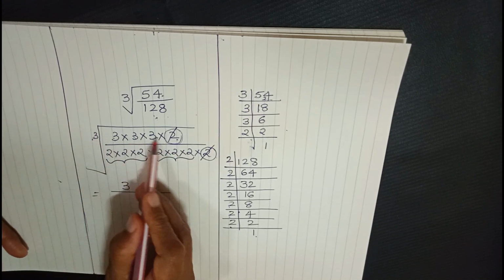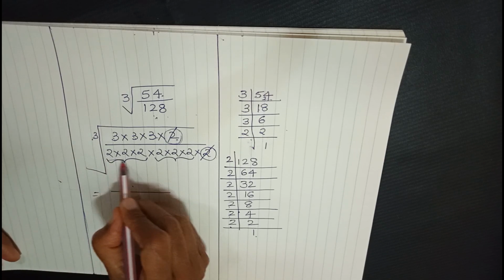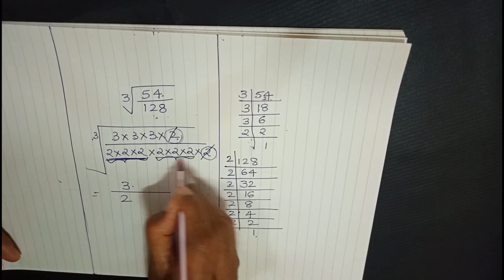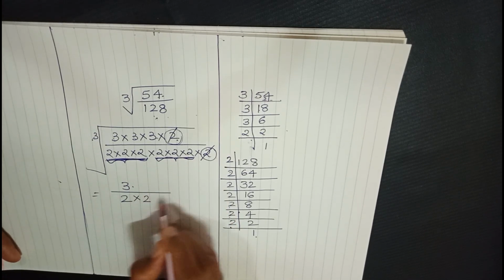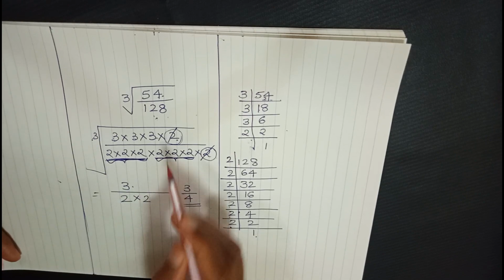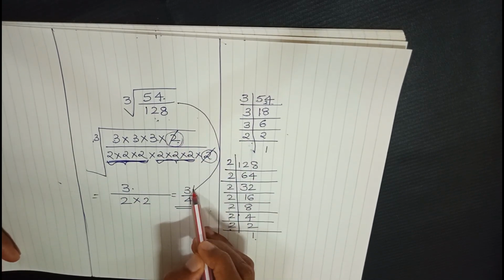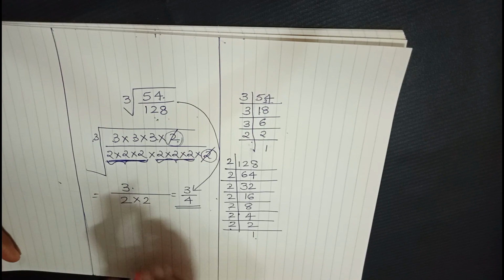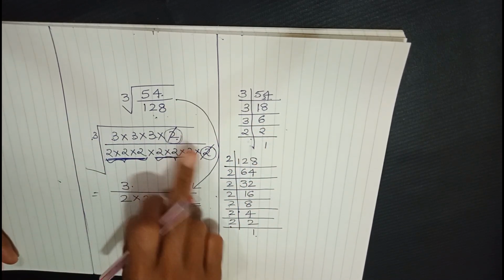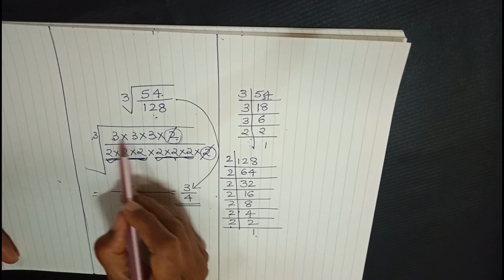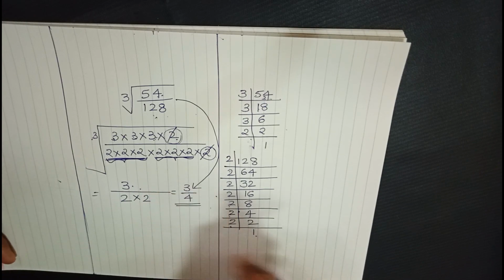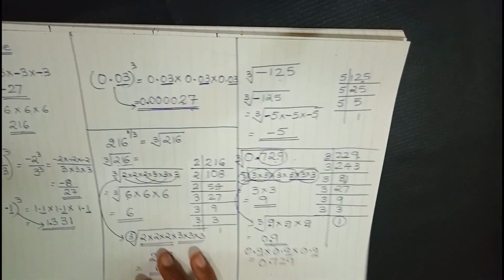So I got the cube root of the numerator. Now in the denominator also, for this 3 times, I am removing it once. And for this 3 times, I am removing it once. So the answer that I get is 3 upon 4. So the cube root of this number is 3 upon 4. So this is how you have to find cube roots, by taking the factorization and cancelling if anything gets cancelled, and check whether we have it 3 times inside the bracket and just take it out once.